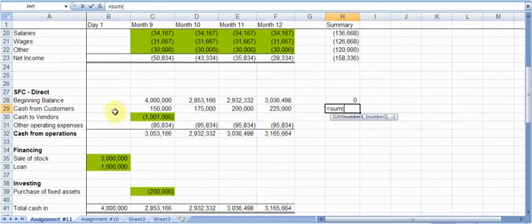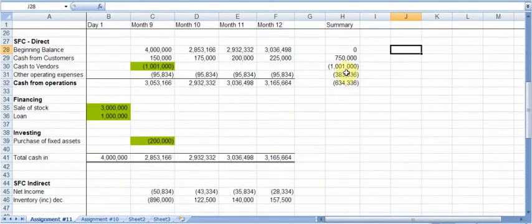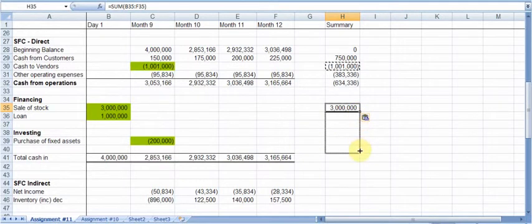Then for the remainder, we have sums across, equal sum, and we sum from there across at $750,000 in sales from customers. We tally this down, drag this down, and then we have an auto sum for cash from operations, which is that number. And then we can again sum across, but to sum across we can just copy this formula, because that is a sum across formula. Put it there and copy it. We know it's right because it's summed across and got us that. And we just drag this down